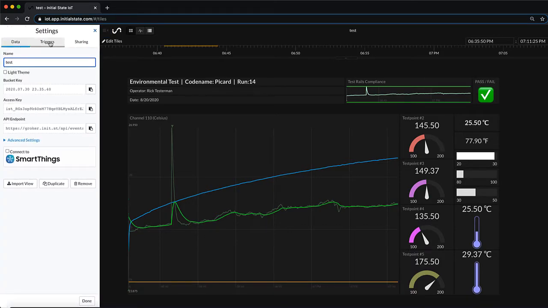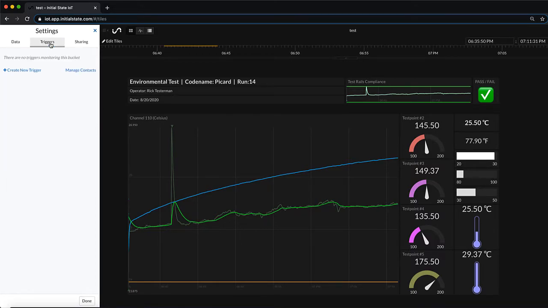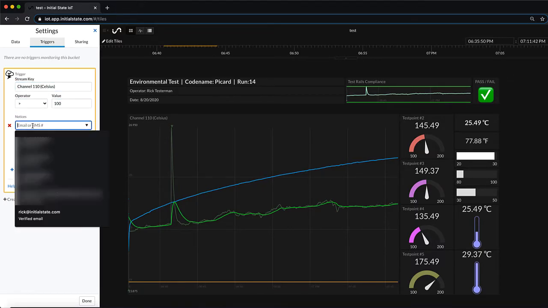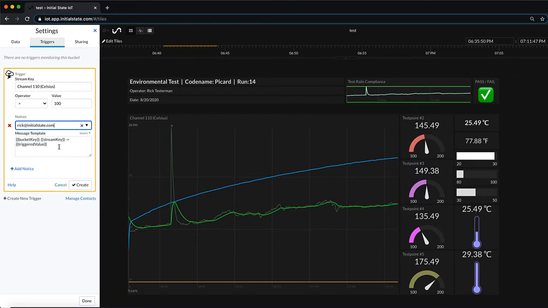Now let's take a look at this bucket at the settings level. First, there's some identifiers here and API endpoints that allow you to send data from anywhere, so you could aggregate data from multiple devices. Also, I want to show making a trigger. So here I'm going to configure channel 110. If it's greater than 100, I want to send an email, you could send a text, to myself at Initial